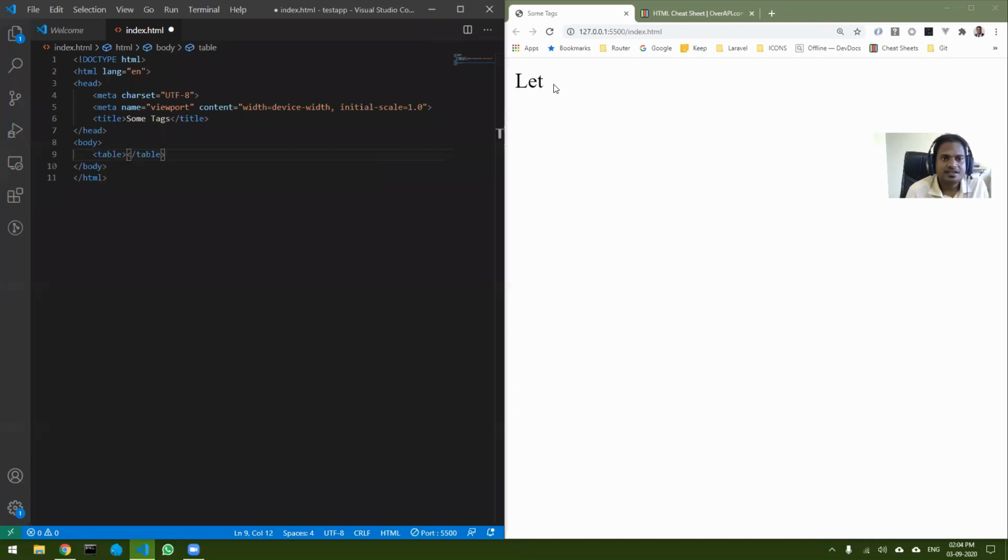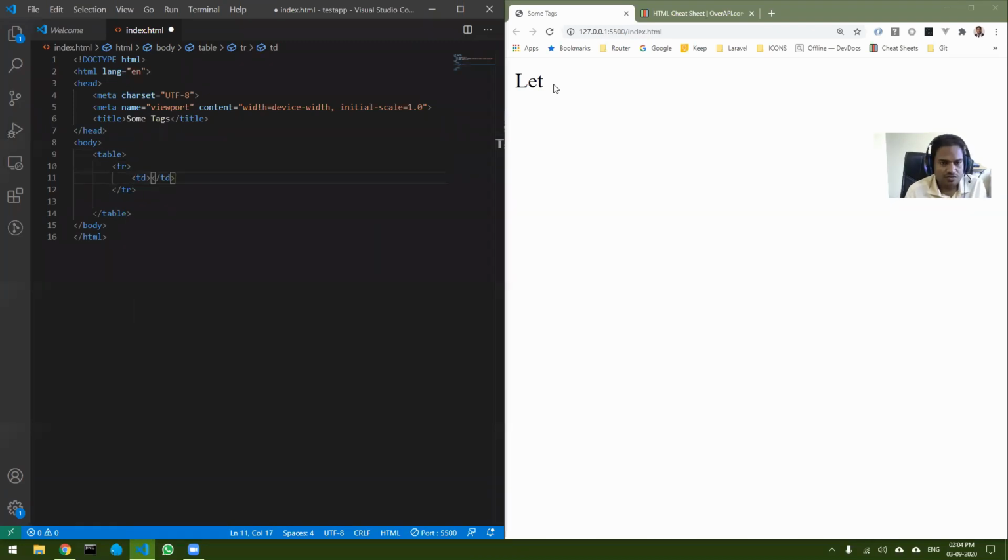The tag is table. Inside that table tag, the table consists of rows and columns, right? Whenever you want to start a new row, you write tr, and inside the tr, whenever you want columns, you put td.